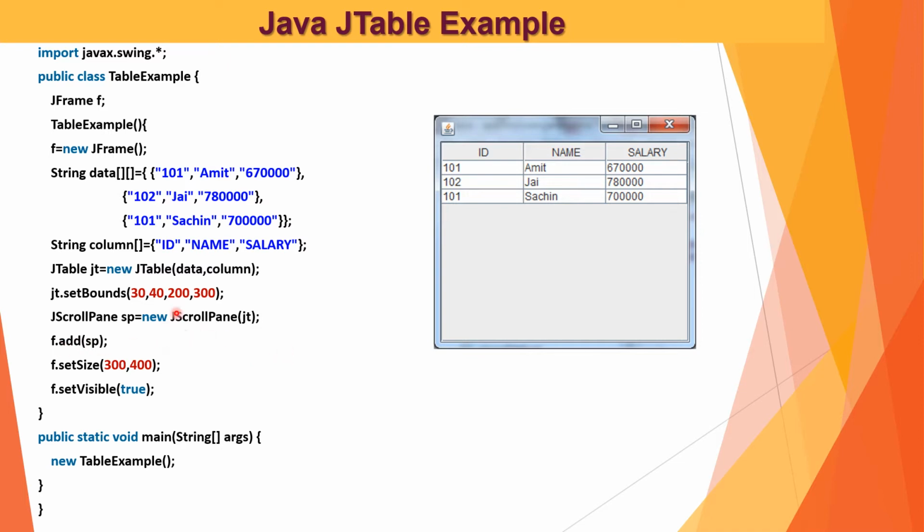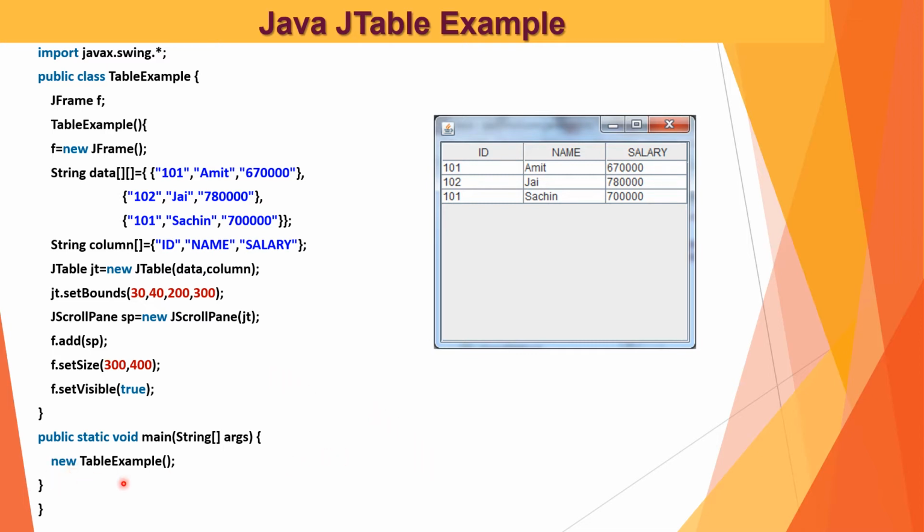All this will be done with the JScrollPane, and then it will be added, using the add method, to place all this data inside our table. The table size is set as 300 comma 400, and this particular table with the frame will be displayed with setVisible true.